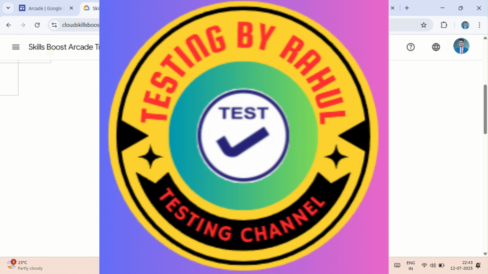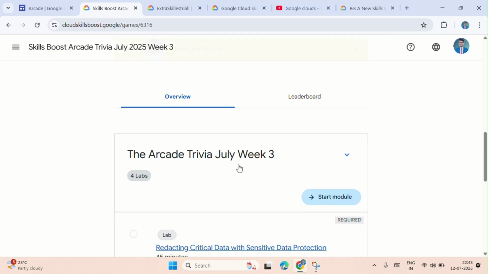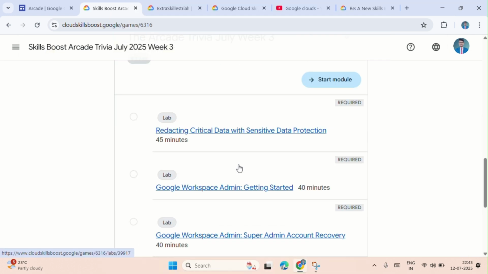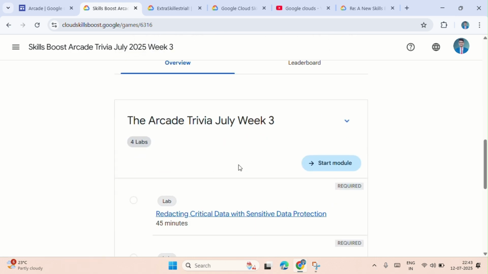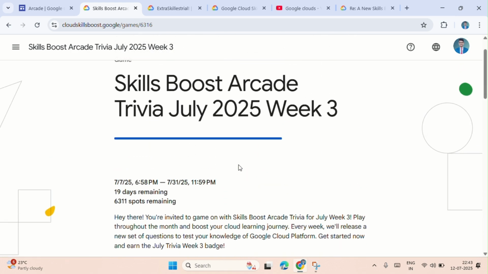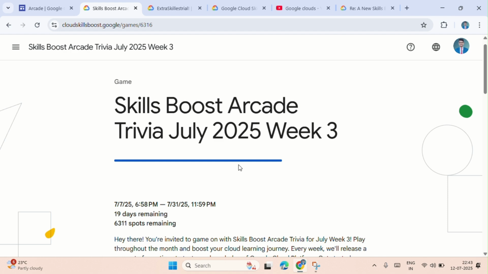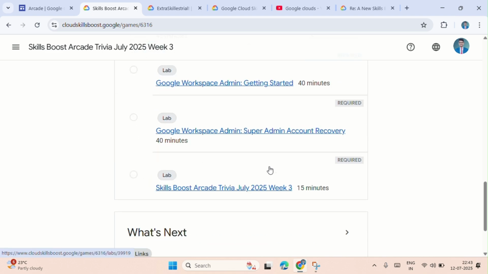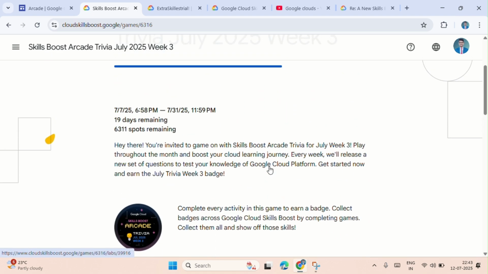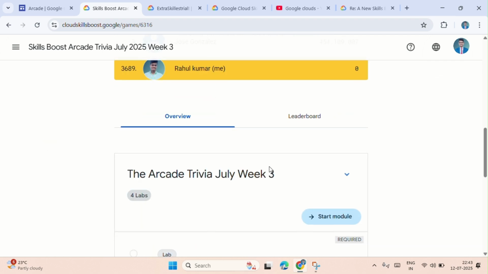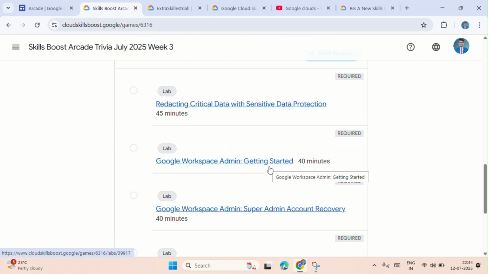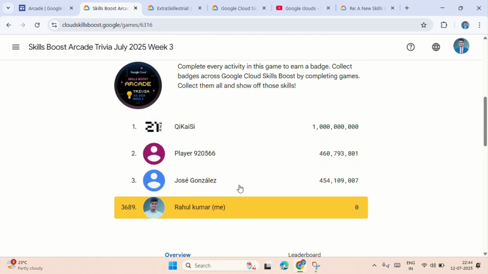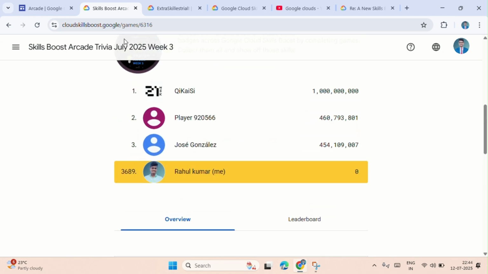You may wonder what the use of this point is. Guys, when the prize counter opens after the end of this session, you will be able to claim your swags from Google Cloud. They will send you a prize counter mail, and with the help of that you can claim your swags. So this is the use of the points, guys.